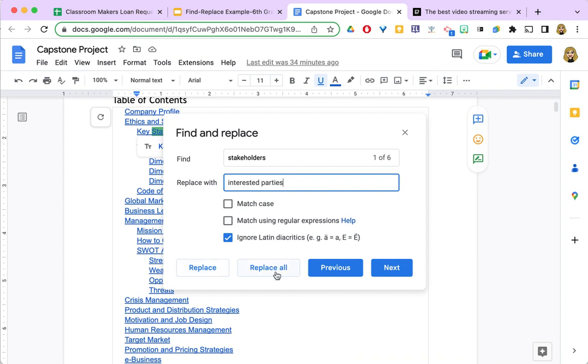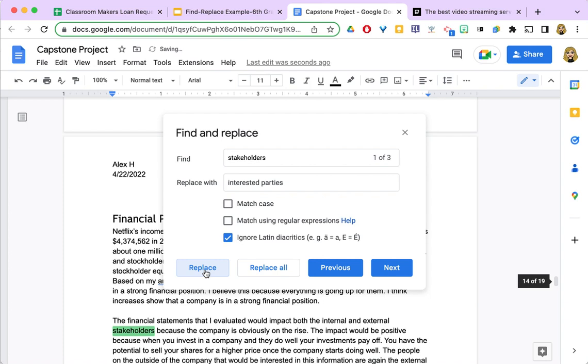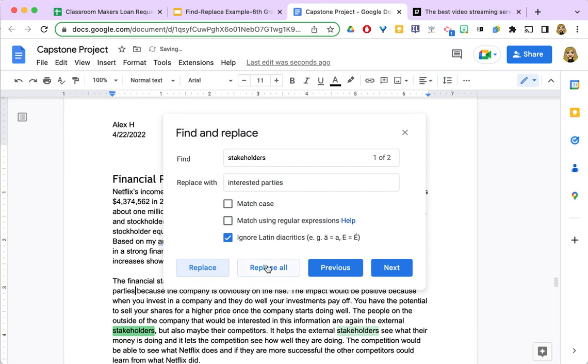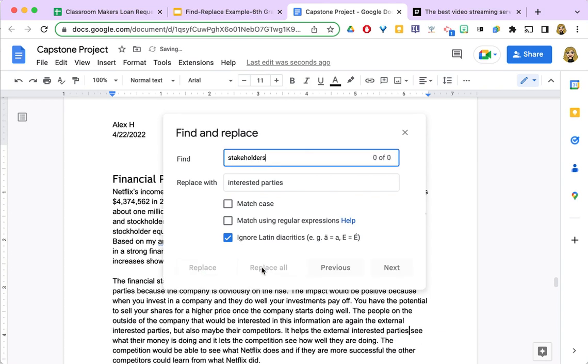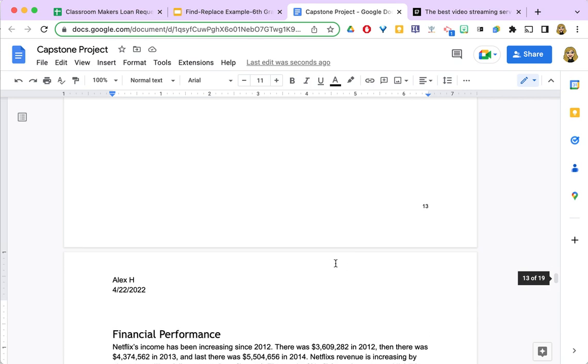And go through and replace, replace, replace, replace, or you could just replace them all and be done. Now there's no instances of stakeholder, and just that quickly, this student has updated their document in the way that